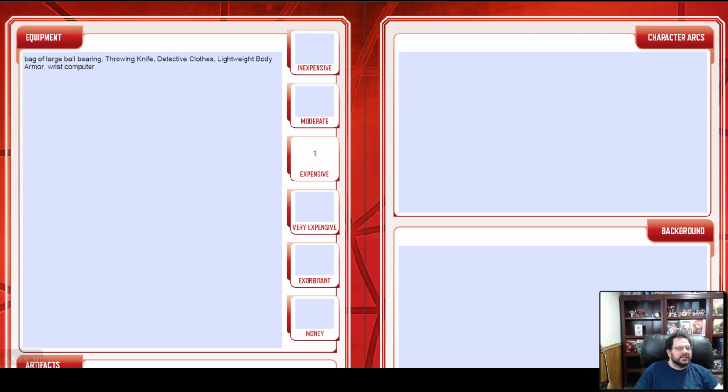Remarkably enough, lockpicks are not something that they have in here. But they do have crowbars and bags of heavy tools and bags of light tools. So I'm going to say lockpicks are going to be my other moderate item, and then I can have up to 4 inexpensive ones. So we're definitely going to go...